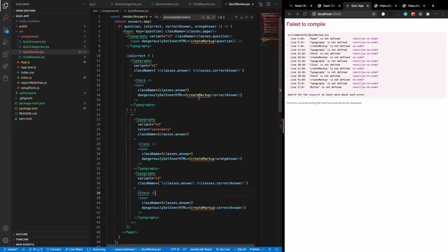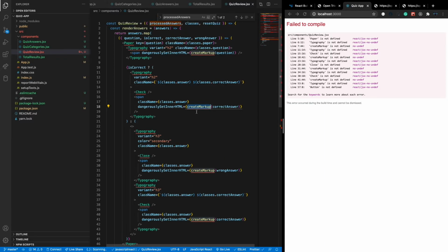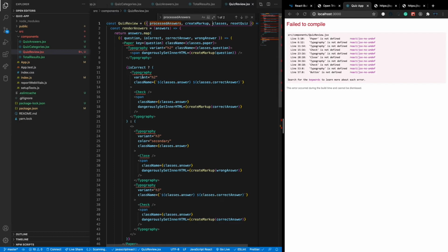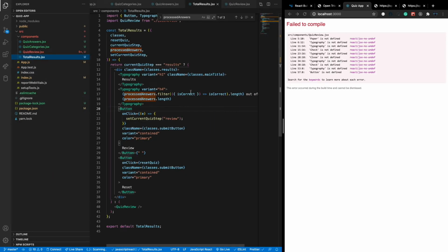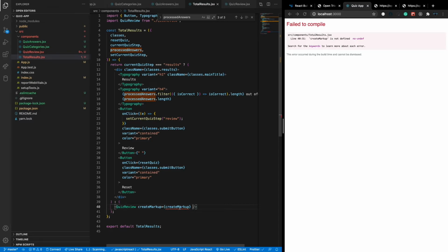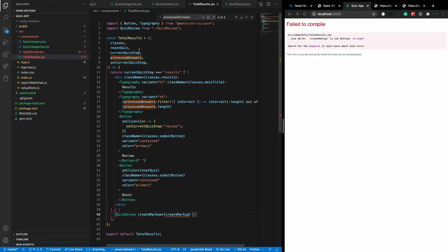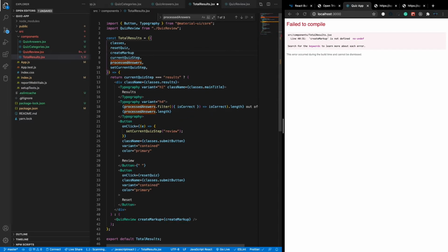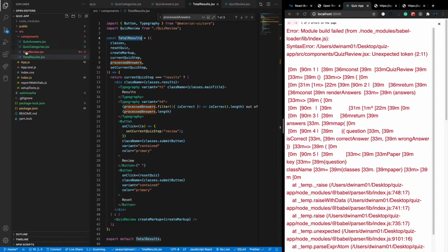So let's also add this createMarkup function. We can access this one also as a props. Basically, you can add one more prop here. We need to pass it down to QuizReview from TotalResult. We can pass that down as props, and we can access this createMarkup because we don't have it here. We can pass it as a props to this component, and this TotalResult,